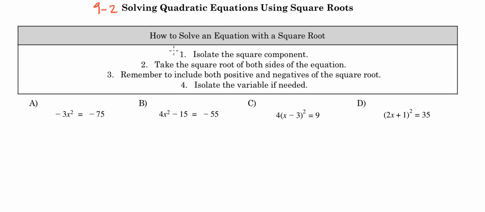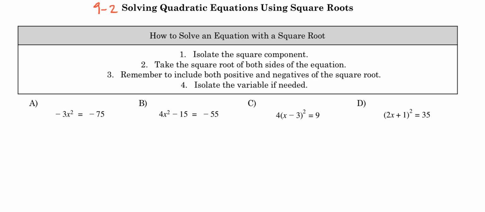Step number one, I need you guys to isolate the square component. If you don't know what the square component is, it's the thing that has to the power of 2. So if you take a look at question A, that right there is the square component. We need to get that by itself. Over here, that's the square component. We need to get it by itself. And over here, you'll notice the square is actually on the entire x minus 3. We need to get that by itself. And over here, we need to get this 2x plus 1 to the power of 2 by itself. So we're going to be isolating each of those square components, and then we're going to move on to the